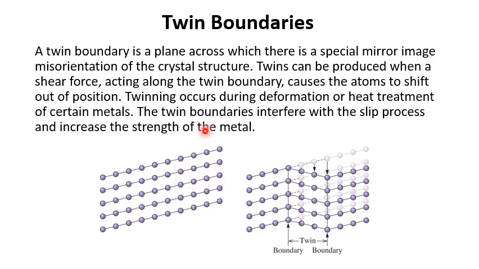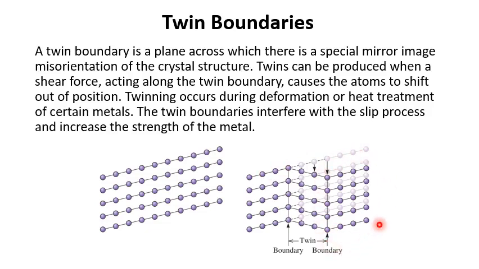When the material is exposed to external stresses, some of these atoms, a group of atoms, move out of their initial position. Now, under the applied stress, this group of atoms shifts from its initial position to go